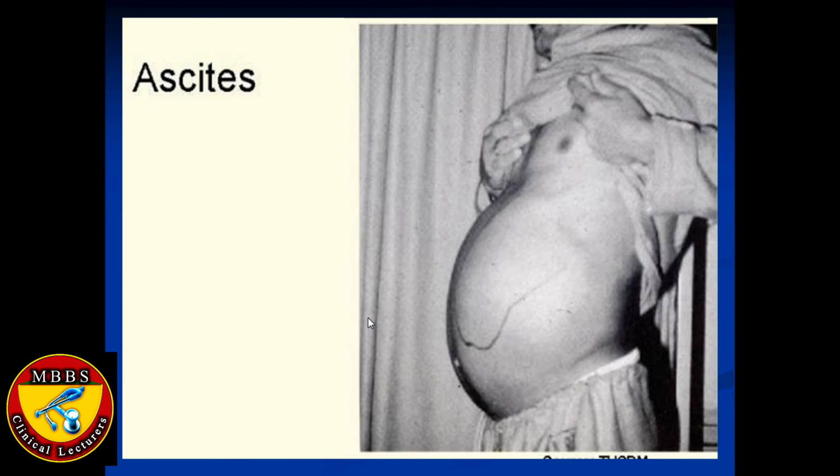This here is an example of ascites, where you can see that the patient is thin and lean, but the abdomen is quite swollen, and there are certain tests which may be done to confirm that this protrusion is due to accumulation of fluid. The tests commonly are shifting dullness,